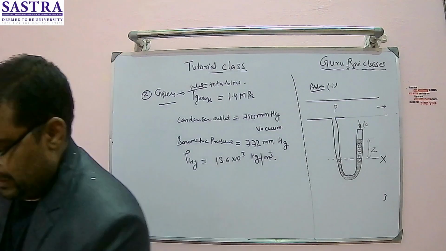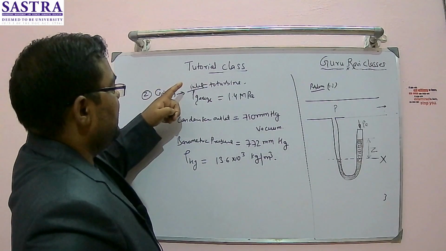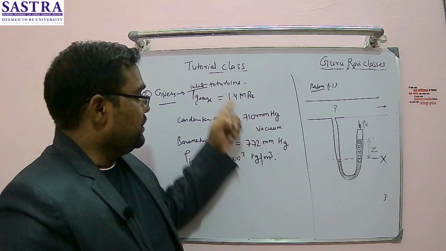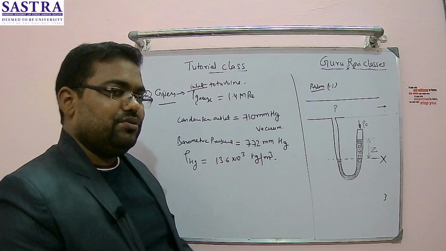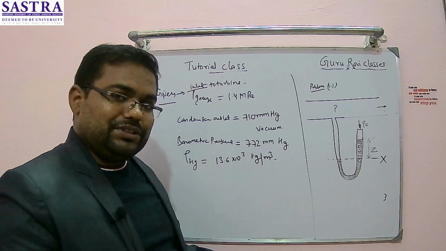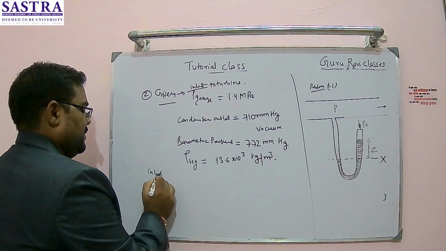So this is again a very simple problem, where two conditions are given: inlet to turbine and condenser outlet. This pressure is also given. So these two pressures need to be converted into absolute pressure. So how will you convert? With the help of atmospheric pressure, right? So the inlet pressure,